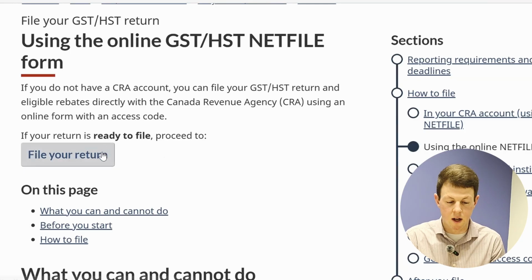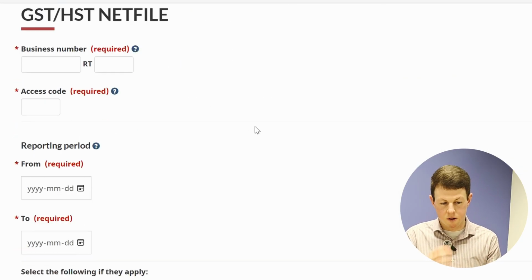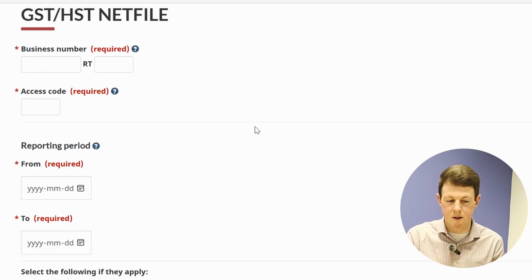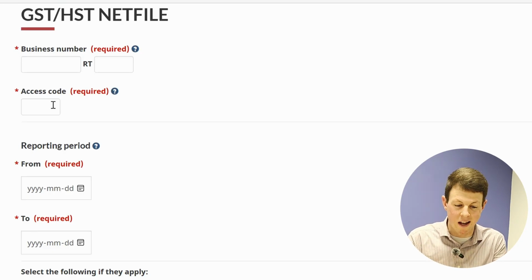But if you're doing it this way, you go file your return. It'll ask you for some information. So your business number, you'll type in the 9 digits there, followed by the RT 0001 for most people. It'll then ask you for the access code. So if you have it on that mail that was sent to you from CRA, that's where you will go and enter it. If you click the question mark here,